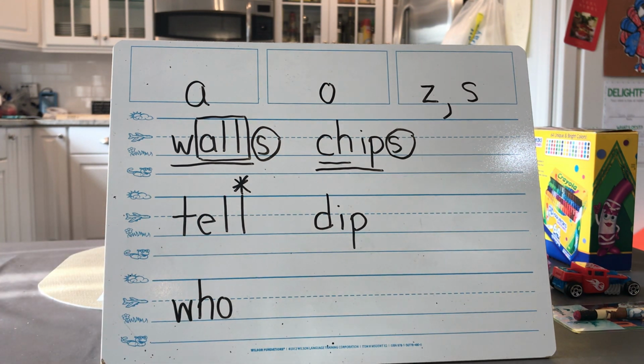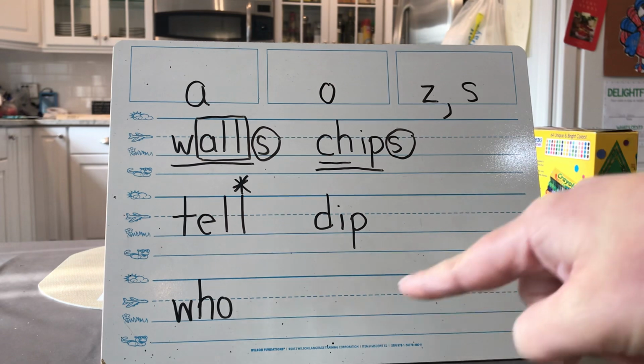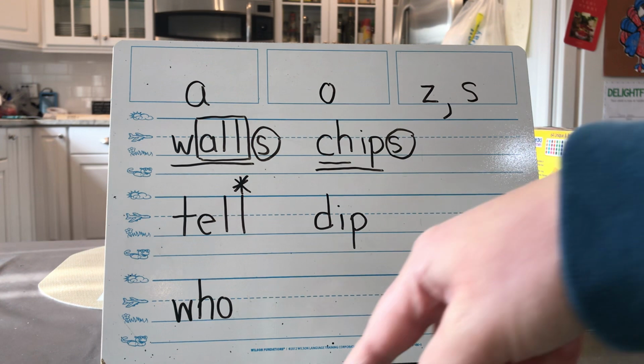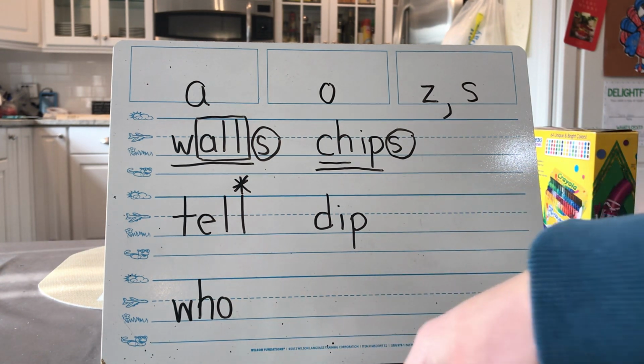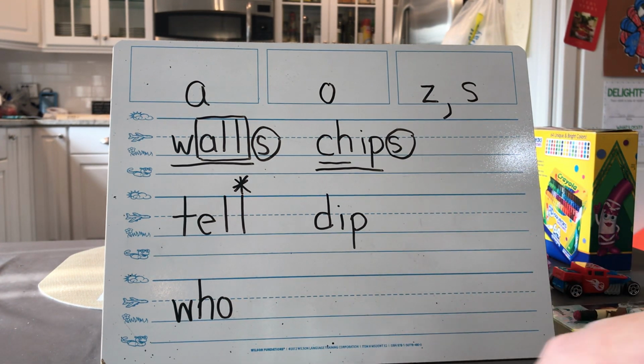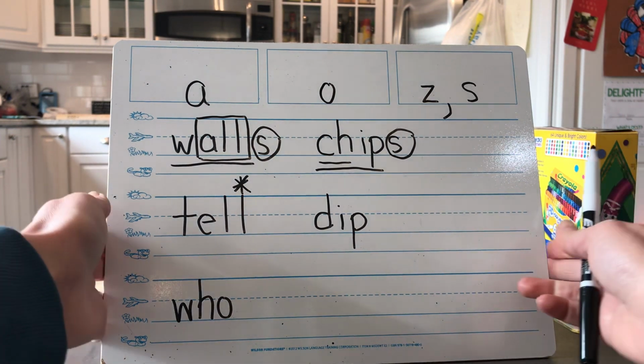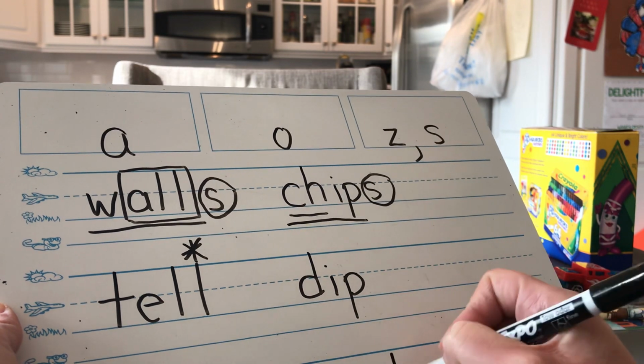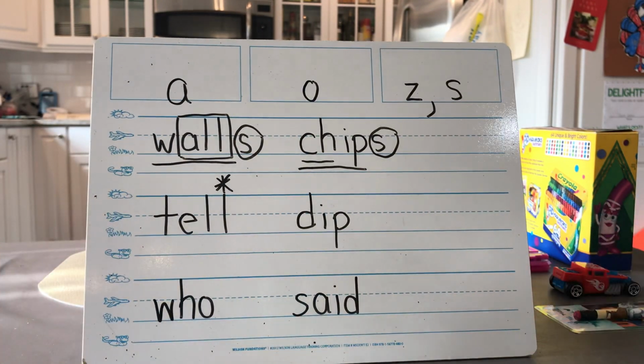Okay, next trick word, said. Like she said to do your work. Let's write it in the air. S-A-I-D. Let's write it on the table in front of us. S-A-I-D. Now we can write it on our board. Said. S-A-I-D. Okay, if you need to pause the video here, you can, because these are the sounds, the words, and